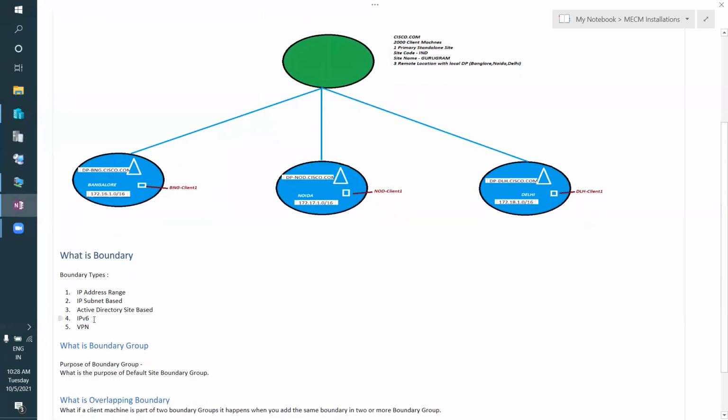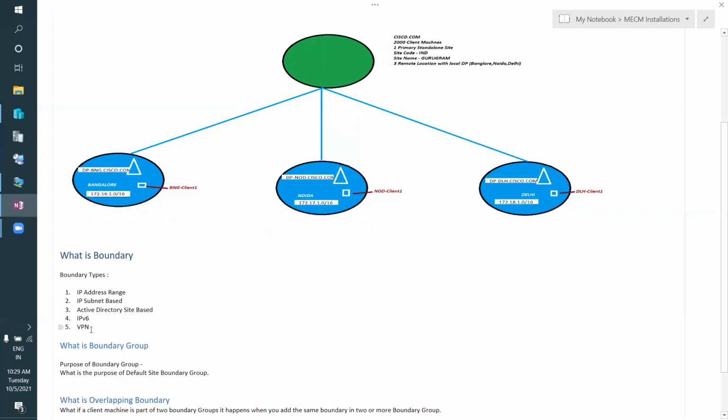The fourth one is IPv6. You can create an IPv6 based boundary if you are using IPv6 in your infra. The fifth one is VPN. This is the new type of boundary, and you can create a boundary for VPN purposes. For example, a user is working from home and is connected through VPN.